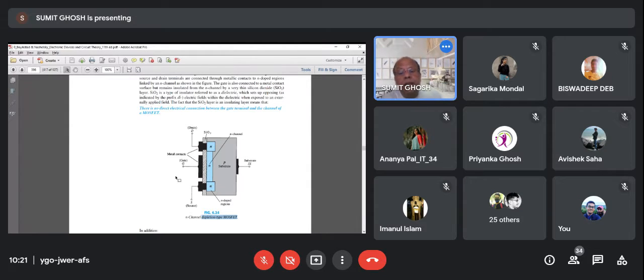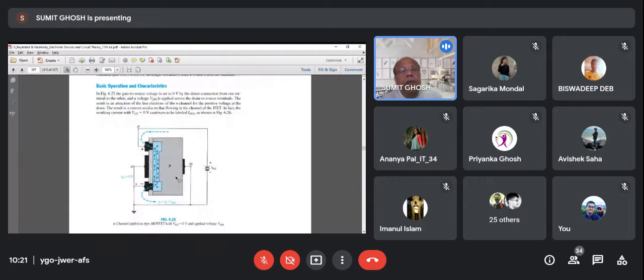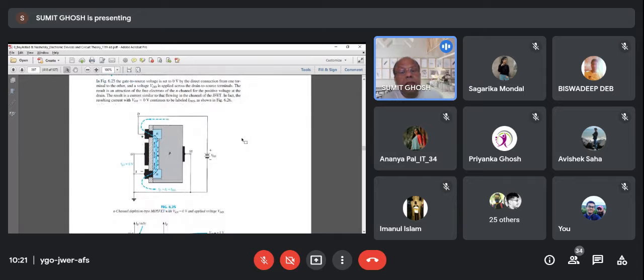Okay, so now we know all this structure. We can proceed to how it works. Okay, so let us start. How is the basic operation and characteristics? So this is now the device which is connected to the external biases, and there are some connections. The first thing I told you is that the substrate is connected to the source, and this source is connected to ground. So this is at 0 potential, and the gate, in what we are initially studying, will be connected to the source. Later on we will give a potential to the gate, but as of now the gate is connected to the source. So what is the gate source voltage now? Zero. Shorted. Zero.